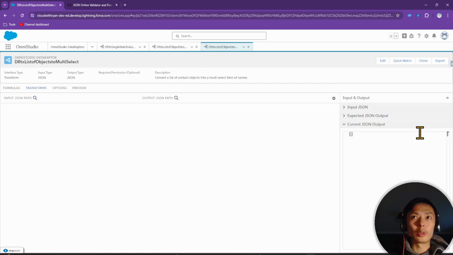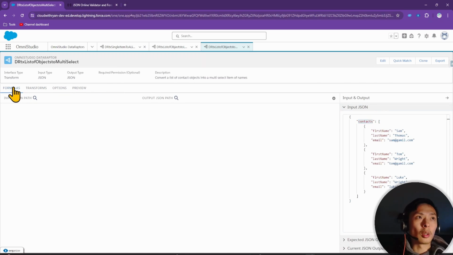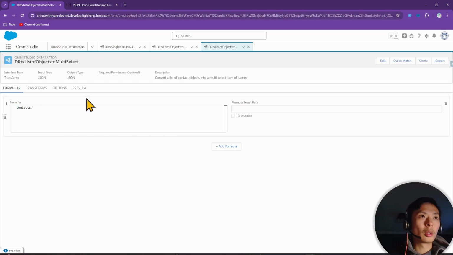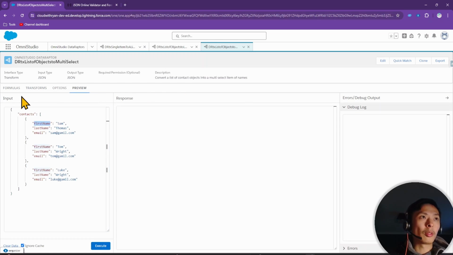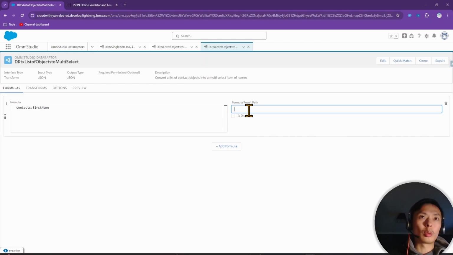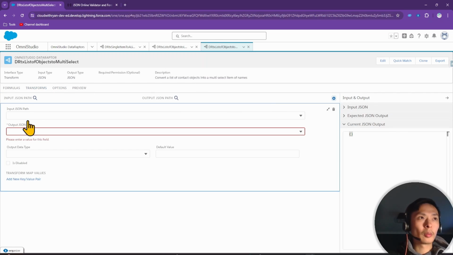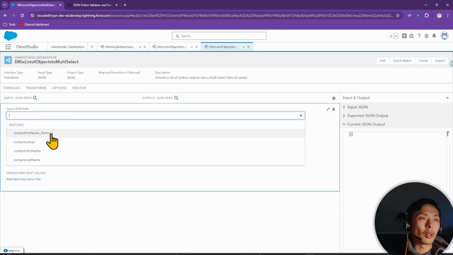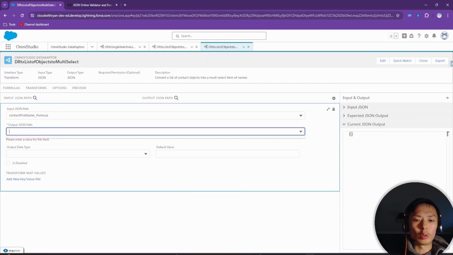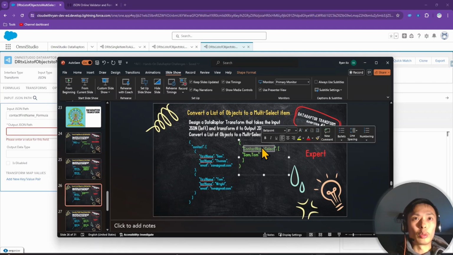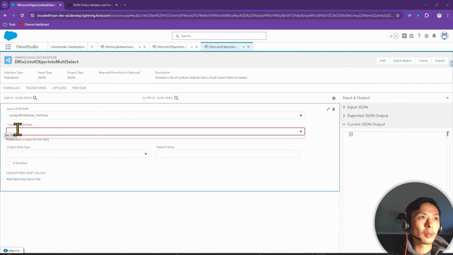And what we'll do is we'll go in the context node, and first name, we want to store this into a new formula result path node, adding formula to the end so we know this is coming from the formula. In the transform, we'll take the manipulated result into this new node, contact name select,